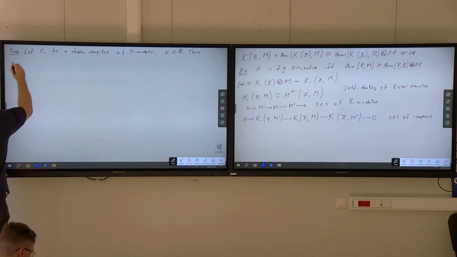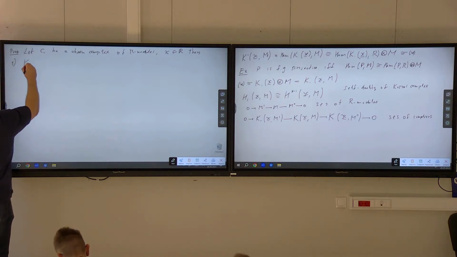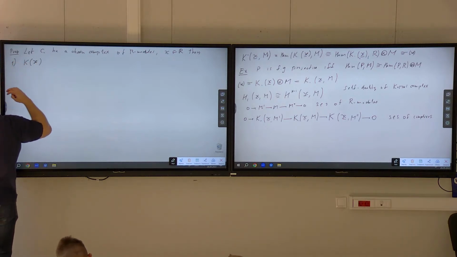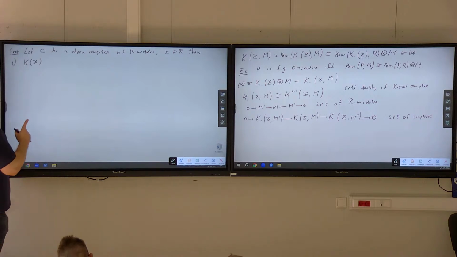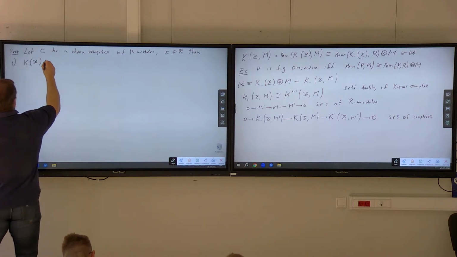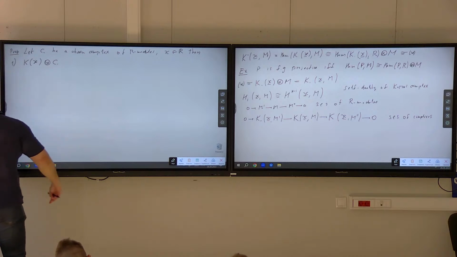The first statement is that when you take the tensor product of the complexes, first the Koszul complex on one element x, and second the given chain complex,